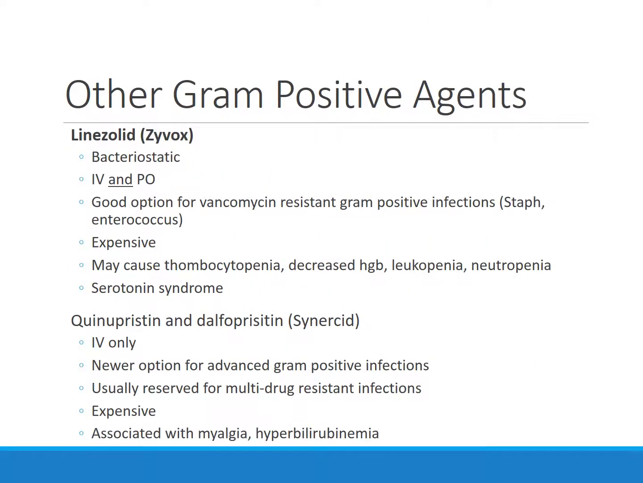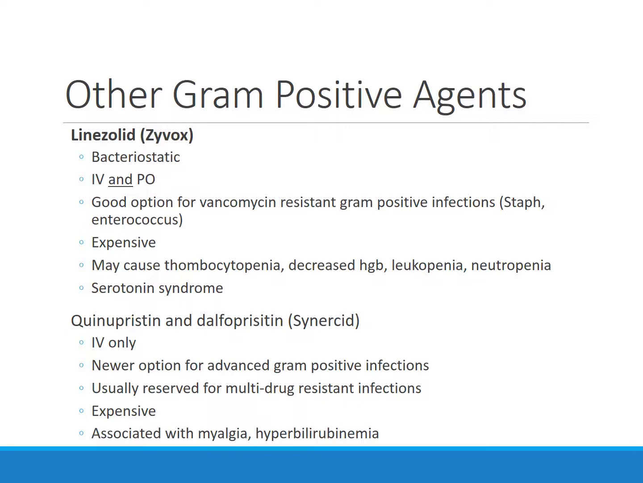All right, a couple other random things. Linezolid is a bacterial static drug that works by DNA inhibition as well, and it's IV and PO. It's a good option for vancomycin-resistant gram-positive infections. So we talked about Dapto being kind of an alternative for vancomycin-resistant gram-positive infections. Well, this is the other alternative. And this one's nice because you could use it for pulmonary or central nervous system infections where you can't use daptomycin. Linezolid is notoriously incredibly expensive, but one of the nice things is you can use it orally, which can